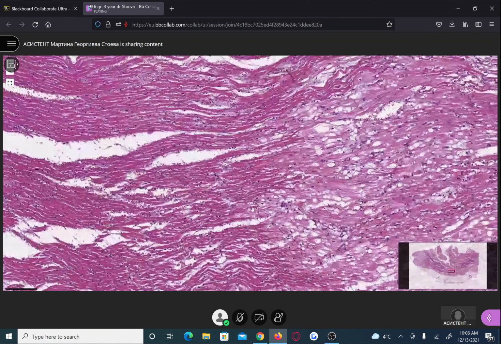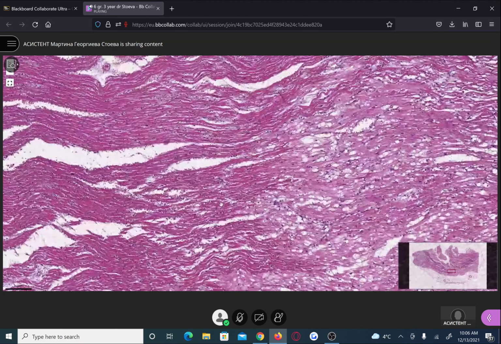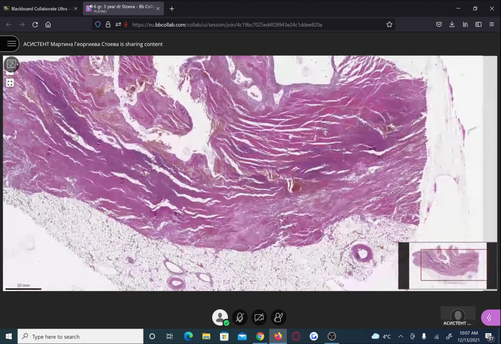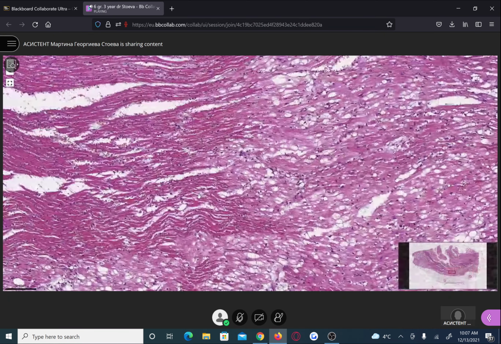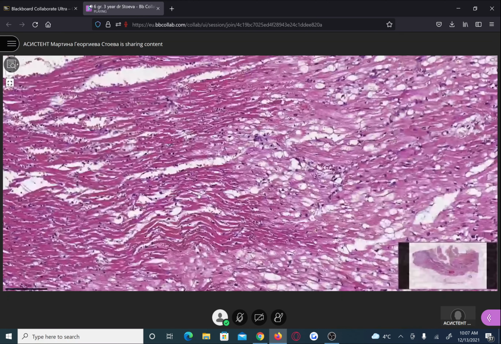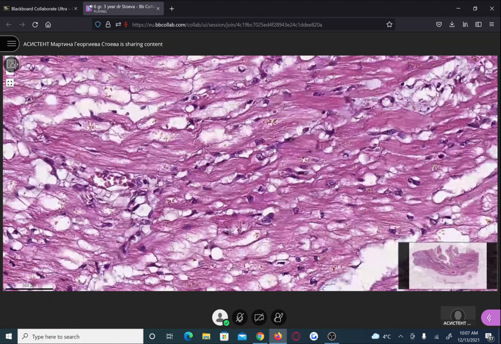Trying to find necrotic and normal zones. Even at low or medium magnification, we can find some darker zones. You know that the darker area in the infarction comes from the fact that the cytoplasm is hypereosinophilic, while the normal zones look paler. And yes, when we zoom in at the border of these two areas, on the right side, we can find some cardiomyocytes with still preserved nuclei, again, presence of lipofuscin,